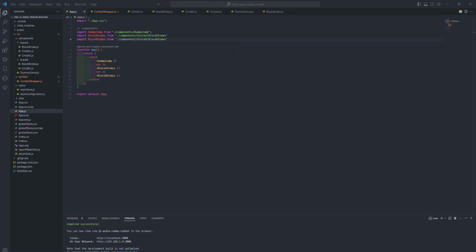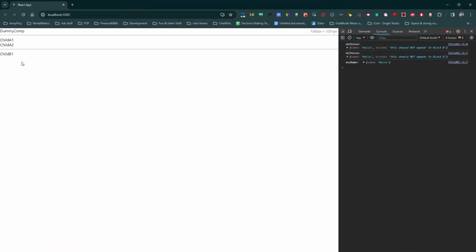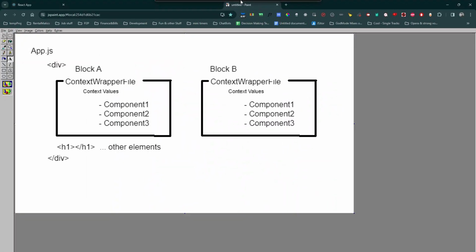Yeah. As you can see, they're working as independent. So you see object value 1. This is coming from child A1, A2, and they can see the block A value. But child B1, which is coming from block B, cannot see what's happening in block A. So you see, this is kind of a way to create reusable context and then let them share